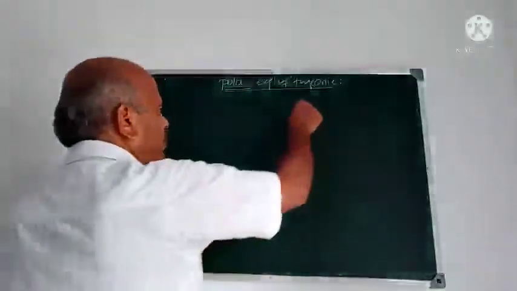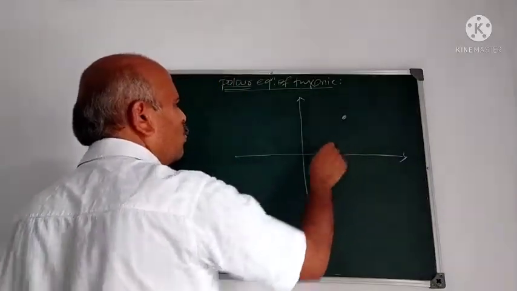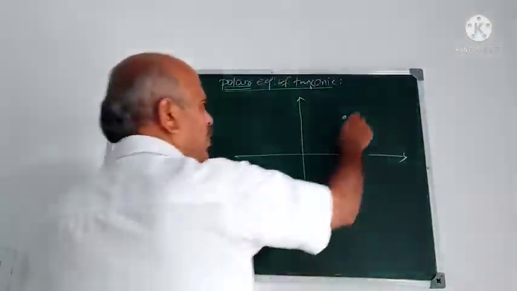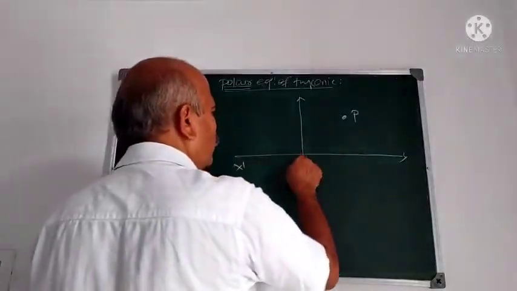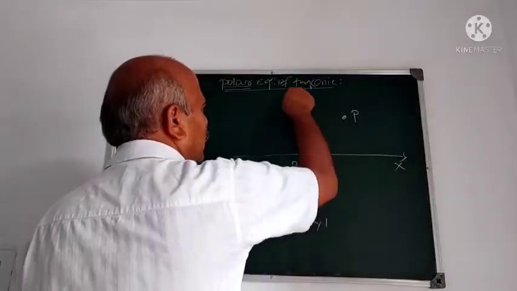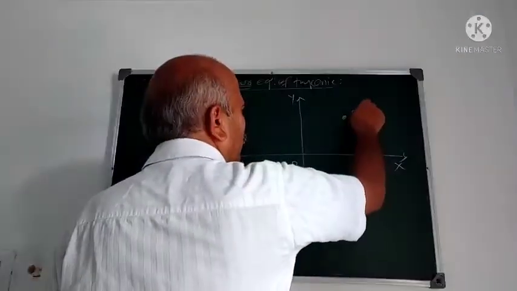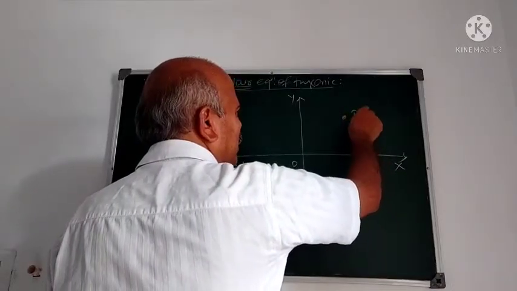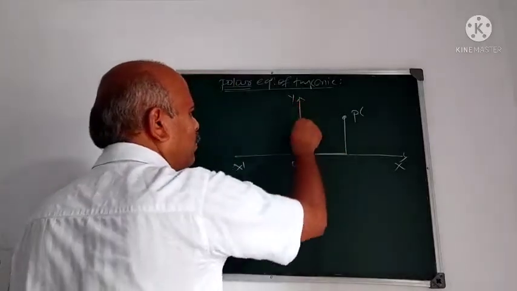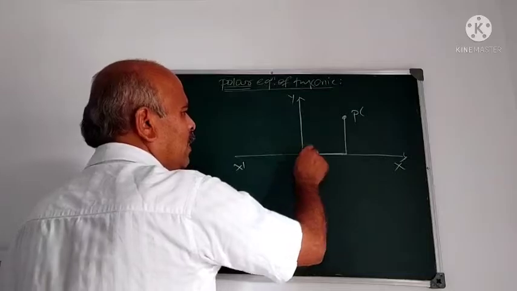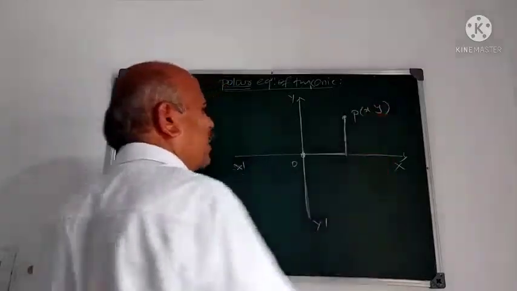In Cartesian form, how do you represent a point? We represent a point with reference to 2 perpendicular lines. Suppose P is any point in the plane. We consider 2 perpendicular lines, x dash ox, y dash oy, and it divides the plane into 4 parts. They are called quadrants. Now, how do you represent the point here? A point is represented by its distances from 2 perpendicular lines. Distance from this y-axis, this is of course called origin, is called x coordinate. Distance from x-axis is called y coordinate, x, y.